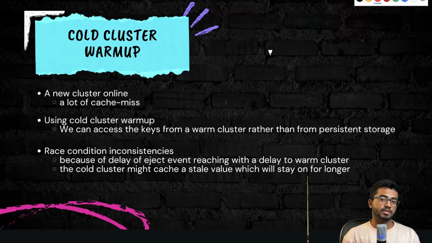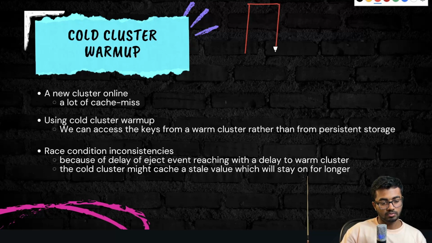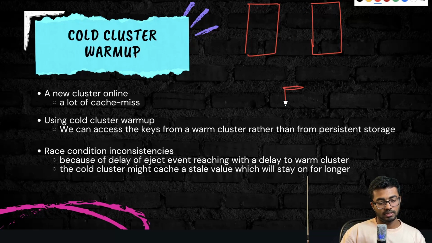But there is a challenge that comes in. There's some race condition inconsistency that can happen. Think about this: an old cluster which is warm and a new cluster which is cold. This is the actual database residing in the storage cluster, being accessed by both of these clusters, and this has Memcache servers, this has Memcache servers. So for example, there is a web server here, and this is the Memcache server. This is the web server, this is the Memcache server,